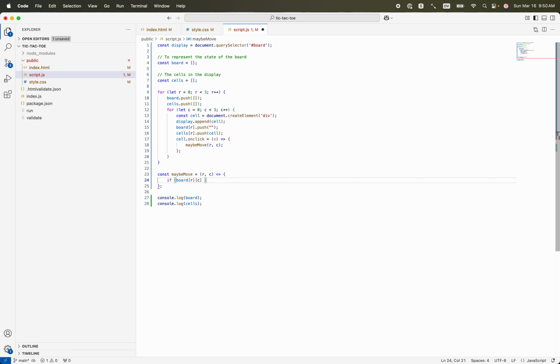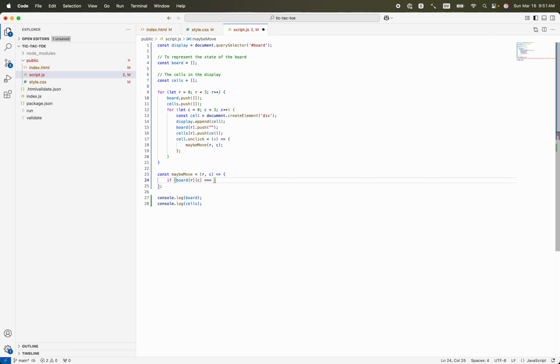But as things get more complex, or maybe we're going to make our HTML more complex, and the cells themselves might have some internal elements or something. So the advantage of having this board array is that it doesn't need to do anything but keep track of the marks. So we can just be sure that it's always going to be either an empty string if it's empty, or a mark if we put a mark in it. And then we just have to keep the boards and the cells in sync, which is what this function is